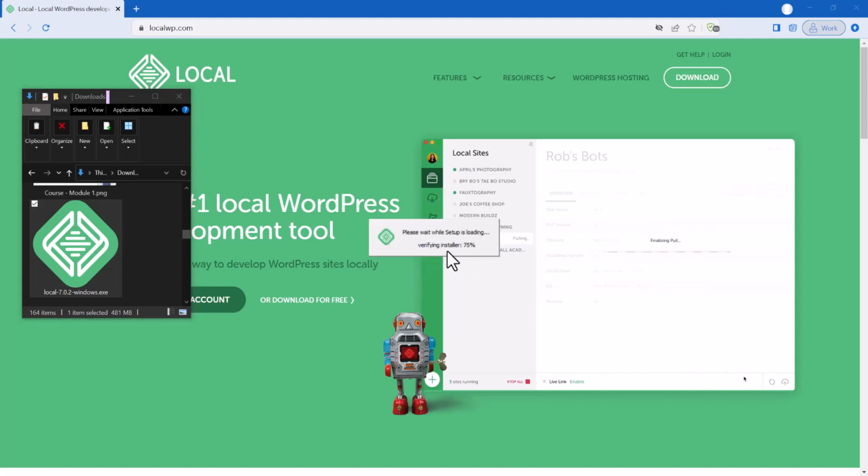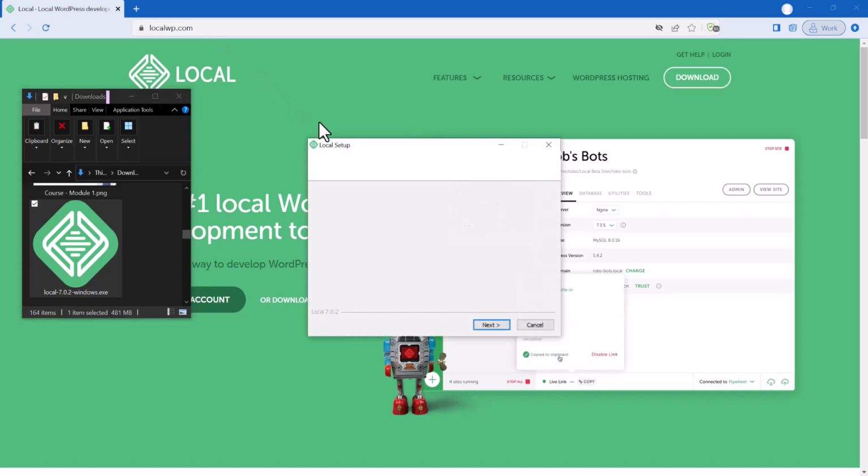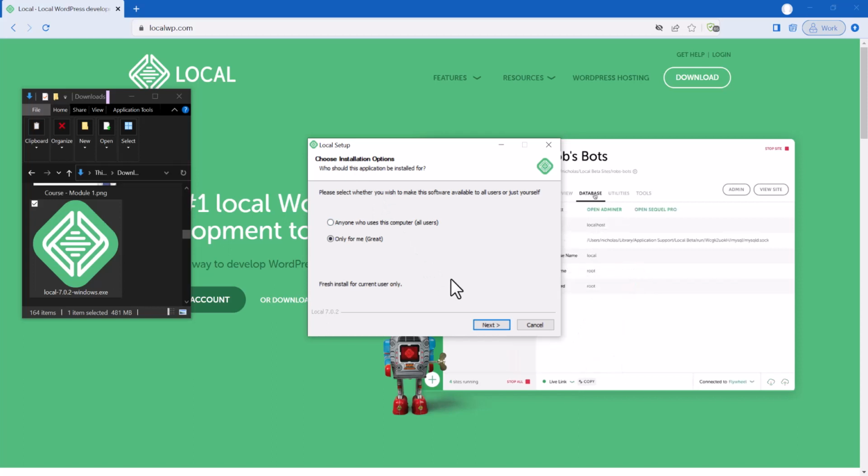And you can see it's installing. So we just have to wait while it installs. It takes a few minutes, so you should be patient while waiting. So this is it for me. So on the fresh install,